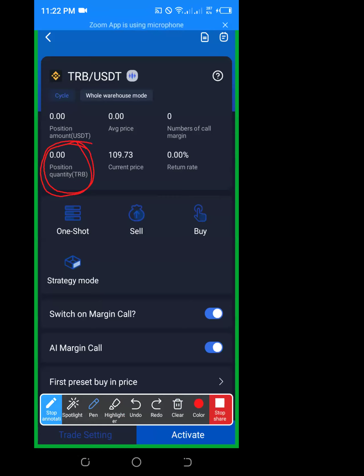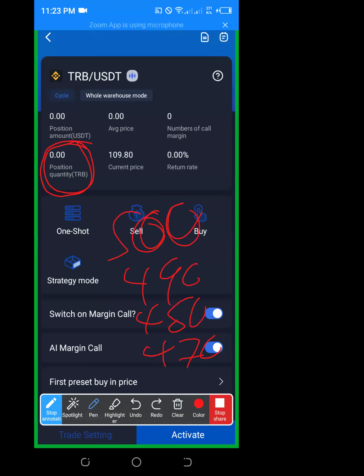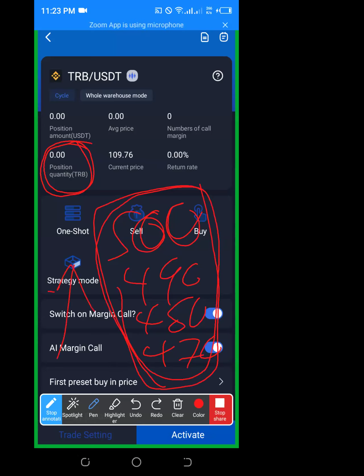Now, when you say that you are in the floating loss, maybe you have invested $500 on Binance. Now the balance is reducing to 490, 480, 470. Please don't get scared. It is because of the fluctuation in the market, but when the market goes high, you get back your money. So when you see a slight change in your account balance on Binance, please don't get scared.